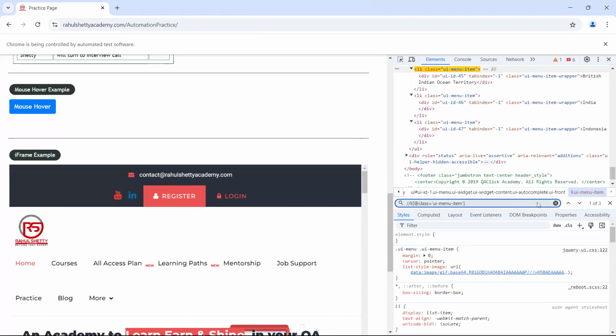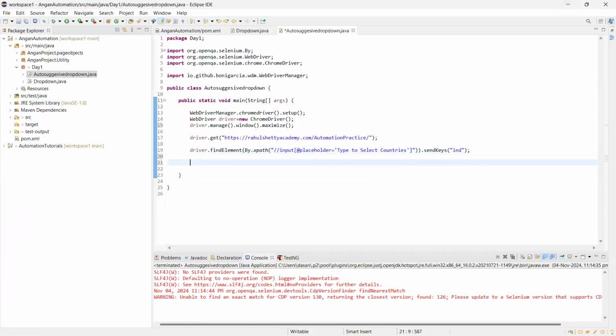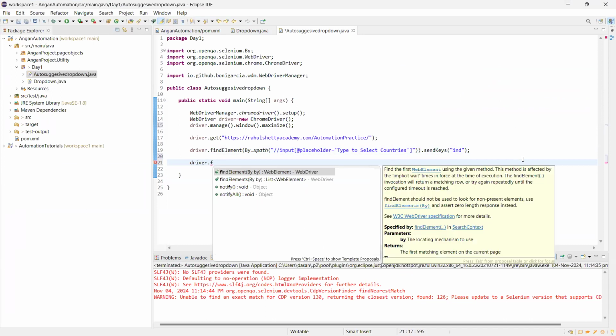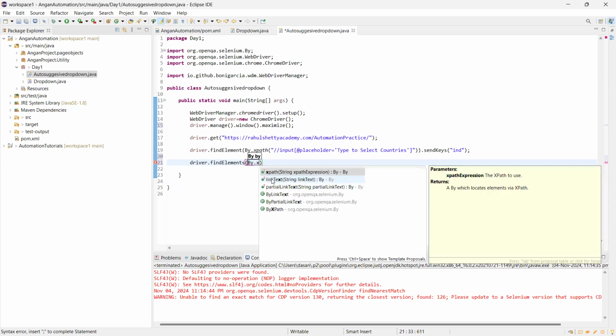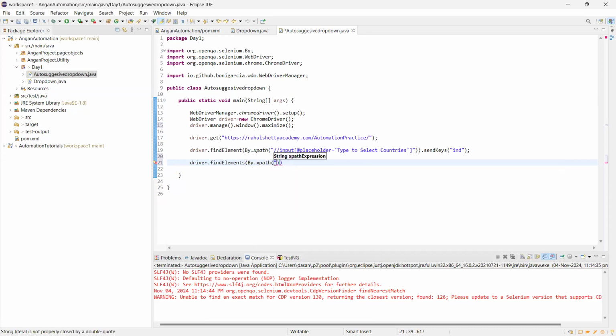So yeah, as you can see, it is reflecting three of the options. That is the three options basically. And we'll take this XPath. So let me just take this XPath. And here we'll take findElements instead of findElement because it is taking three of the elements. So By.xpath, and then we have to paste that particular XPath over here, and we'll just save it